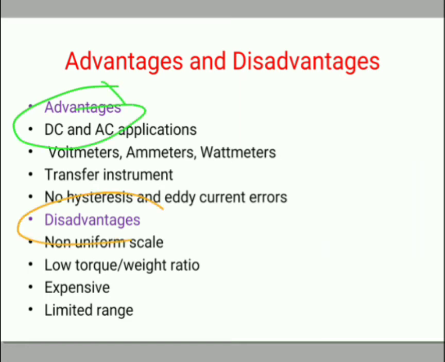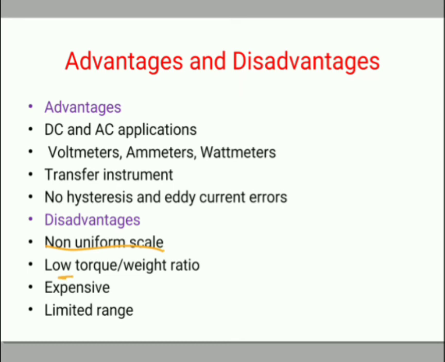Now we will see the disadvantages of dynamometer instruments. The dynamometer instruments have several disadvantages. We will see here some of the disadvantages. The dynamometer instruments have a non-uniform scale.